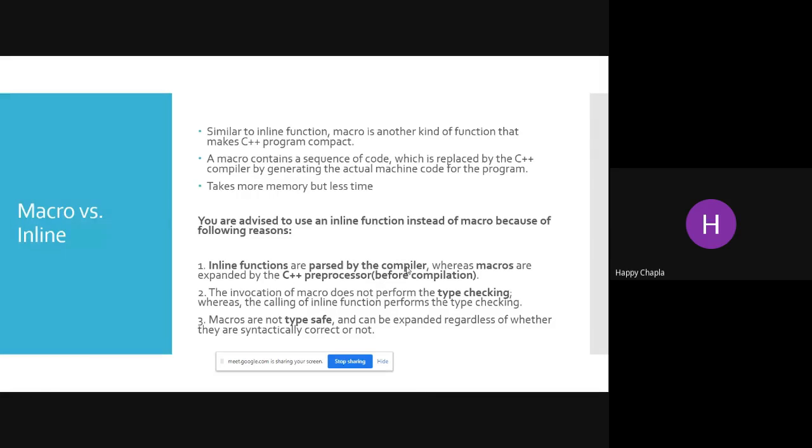Okay, macro will take more memory but less time. But why is inline beneficial instead of macro? So here are the reasons.